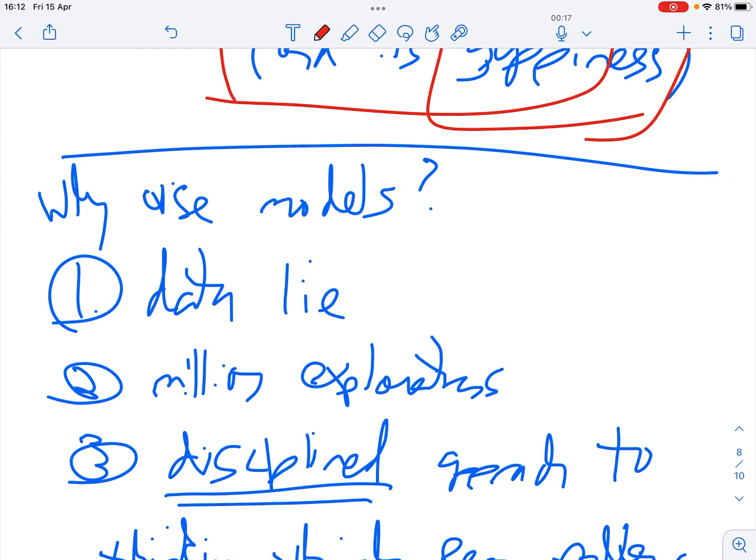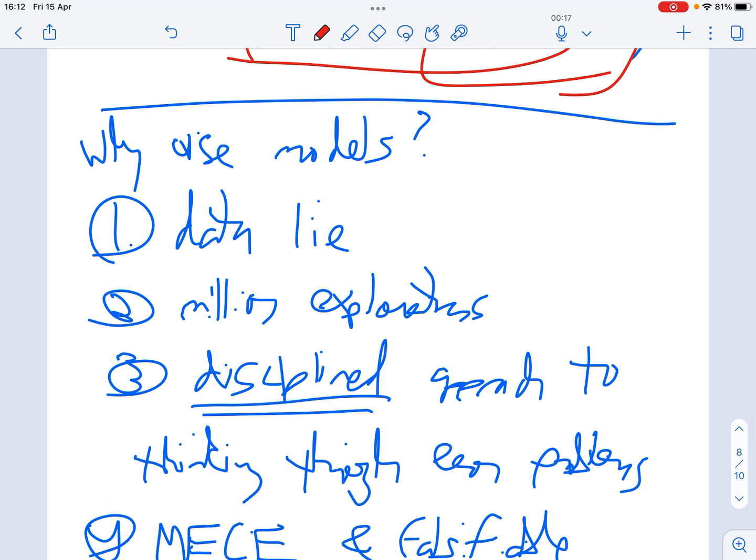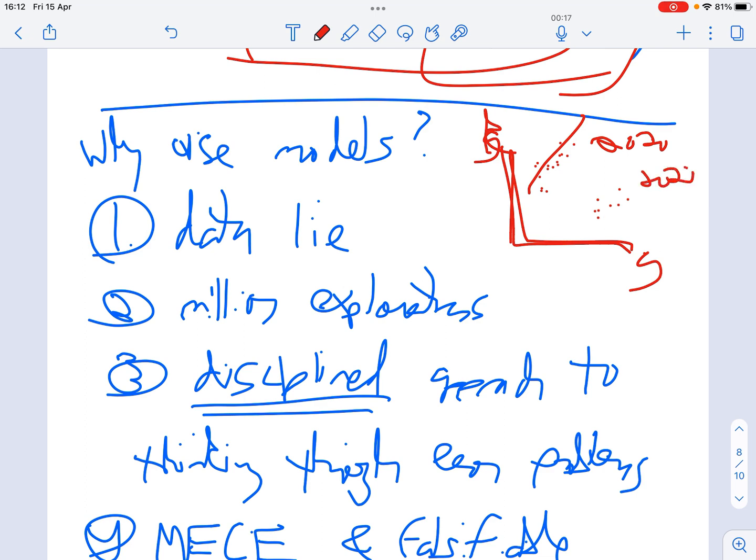So, to kind of summarize, why do economists use models? And the answer is A, as we've seen, the data lie. If you look at investment and government spending, it's very easy to see how you could have in one country a positive relationship for 2020, this positive relationship for 2021, but a negative relationship over time, and so basically any way you segment or stratify or cut the data, you could get a completely opposite result from what you're seeing now.